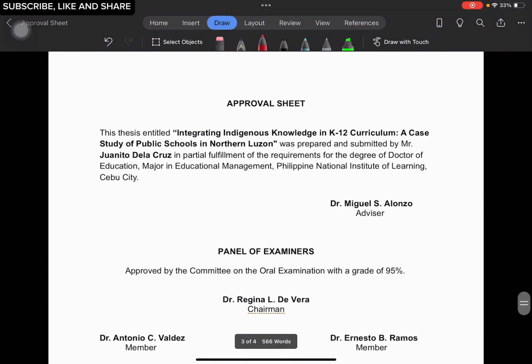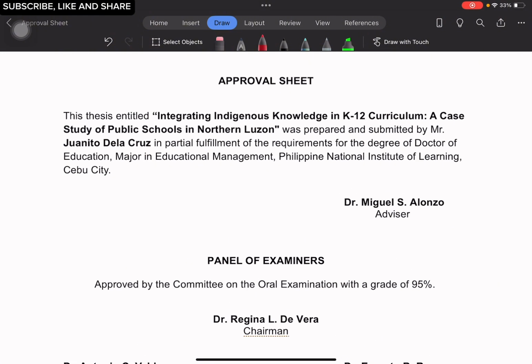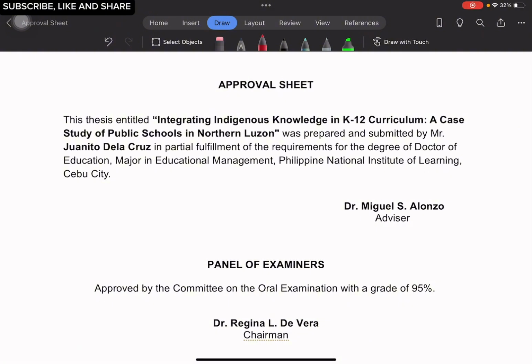Okay, next. This one, you need to identify the errors of this particular approval sheet. So if you will be taking the role of an editor, how would you analyze and spot the errors of this particular approval sheet template? I'm going to give you a second, and then after that, we will be identifying the errors. Okay, so how do we analyze the errors on this particular approval sheet?